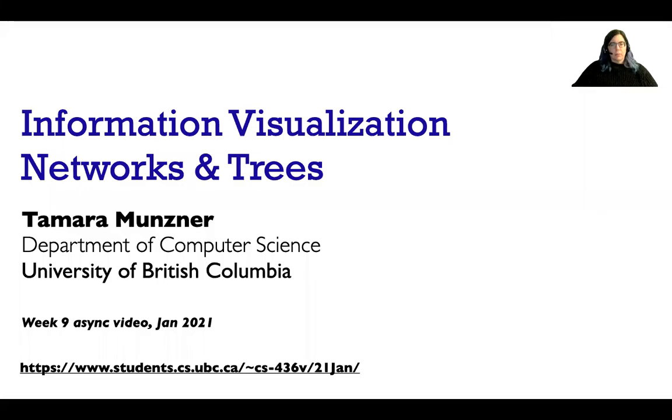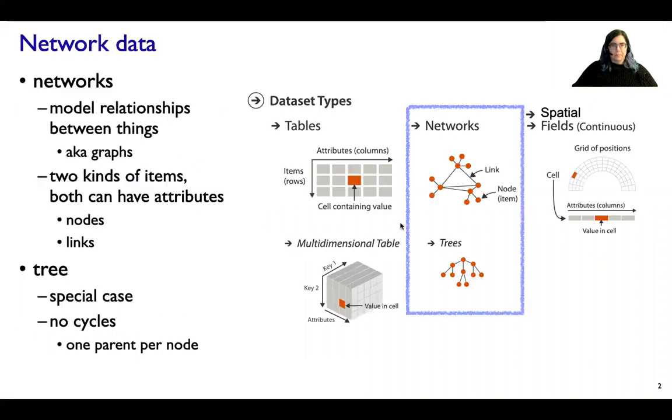Today we're going to talk about networks and trees. So as a reminder, when we talked about the three different kinds of data, tables, networks, and spatial data, we're now finally going to talk about networks. And so the idea with a network is that we're modeling relationships between things. Often networks are called graphs